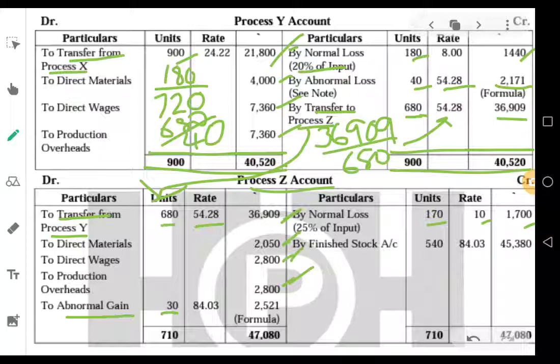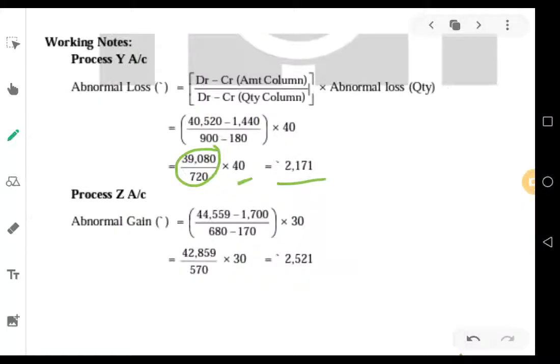These first 4 items, add them, minus normal loss value, that is 1,700. So if you add the cost, that should be 44,559 minus the value of normal loss, 1,700, divided by